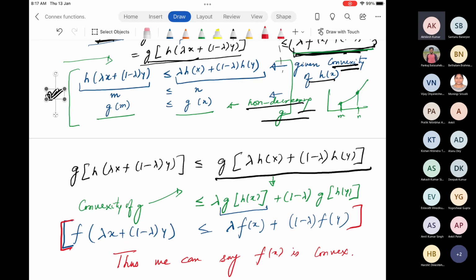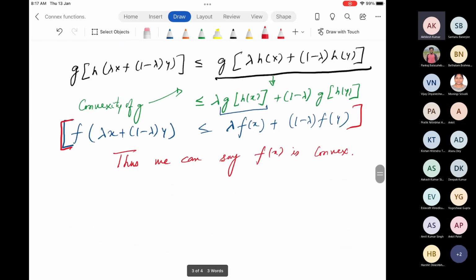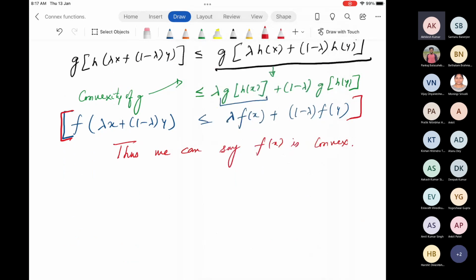We'll try some more examples like this. If this one is clear, let's try one more. This one is very interesting, and in fact these results are used many a times to prove convexity. The following statement goes like this. Any questions before I move to the next one? Every time I will ask you to prove some composite or any function convex, you can use these kinds of examples.